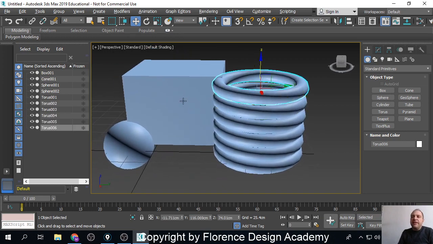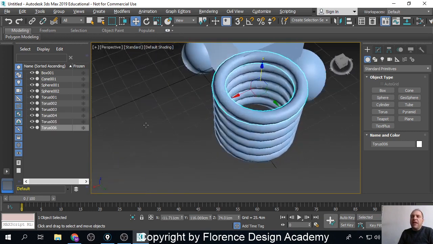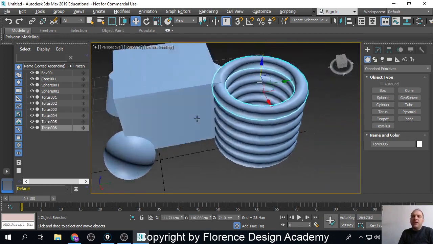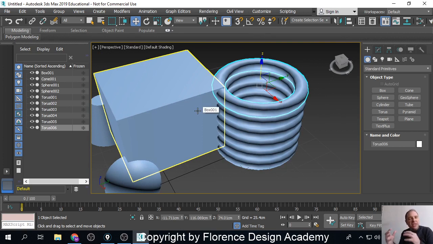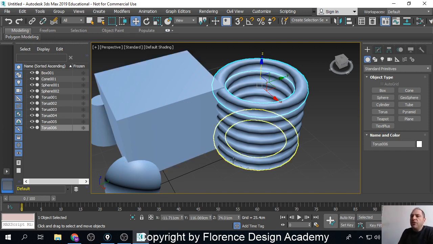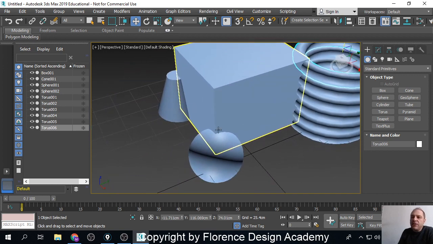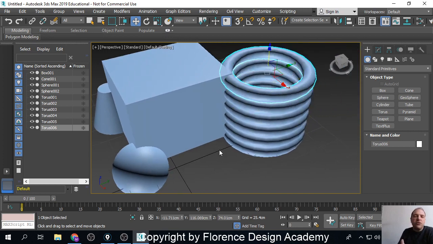But you can see at least that all these objects have some intersections in between. So they are not just things randomly placed into the scene, but at least you can see that the sphere is a little bit inside the box, as well as the cone,